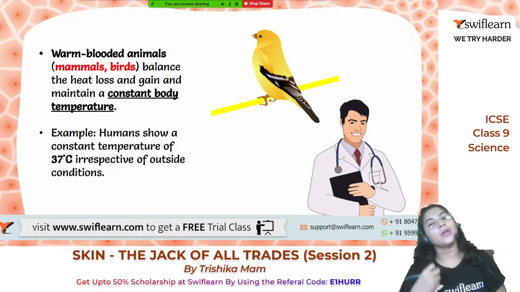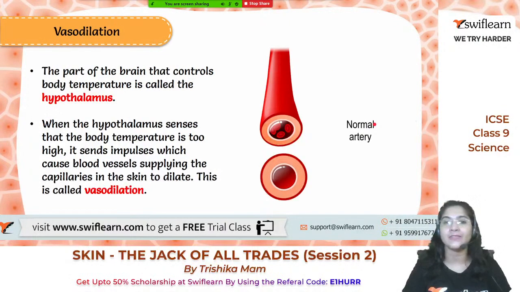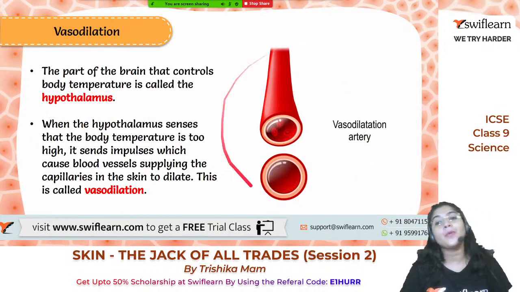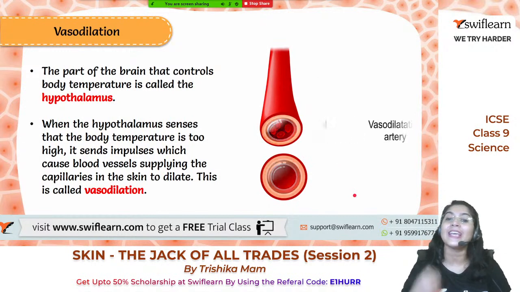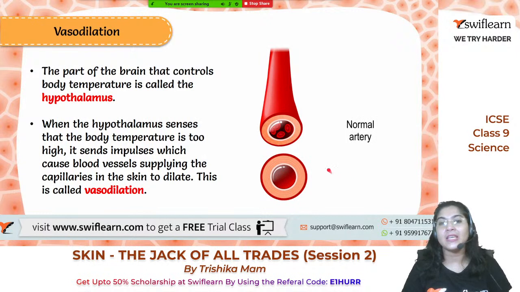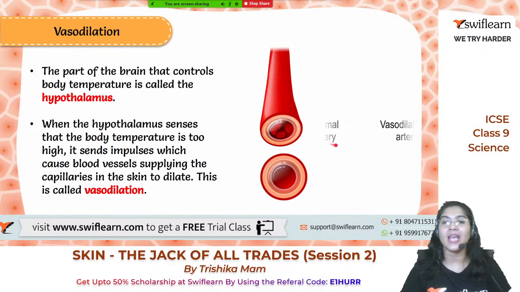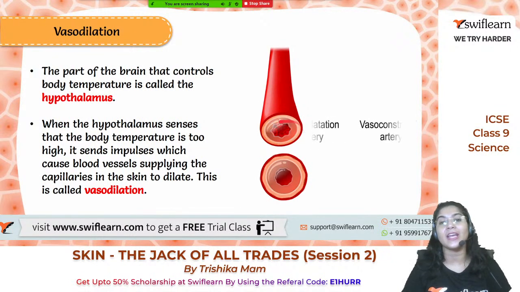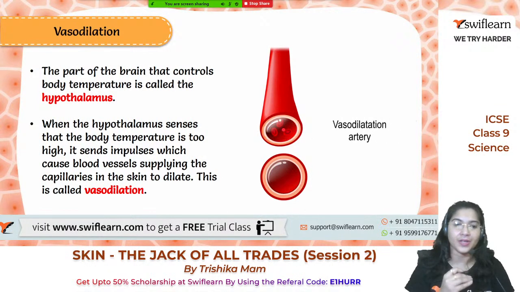Yeah, so our internal body temperature, as you already know, is 98.6 degrees Fahrenheit, or in centigrade it is 37 degrees centigrade. ना हमारे बॉडी में जो ब्लड वेसल्स है, ये वैसो डायलेशन और वैसो कॉन्स्ट्रिक्शन करके कैसे बॉडी टेम्परेचर को मेंटेन करते हैं. Look at the picture. See, when vasodilation happens, the blood vessels are becoming wide, right? And when vasoconstriction happens, it is becoming very much narrow, तो बहुत कम ब्लड फ्लो करेंगे.